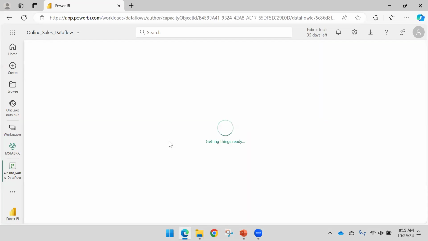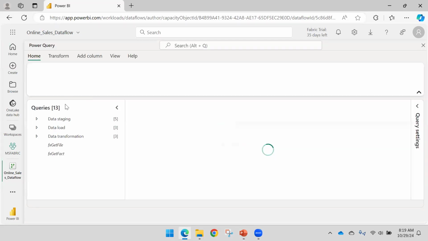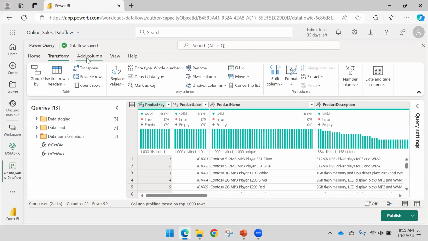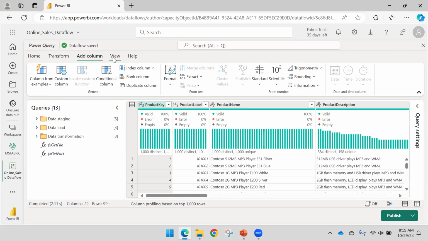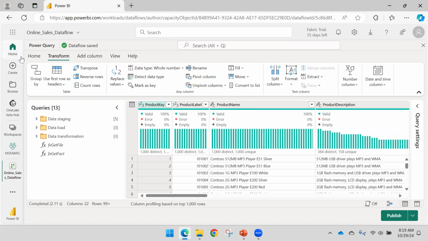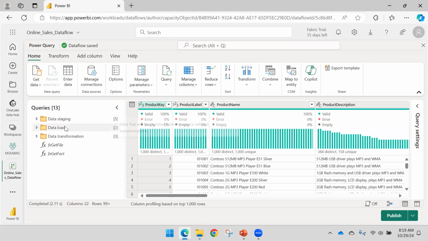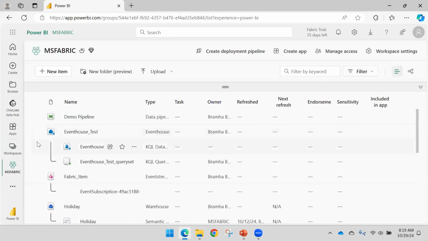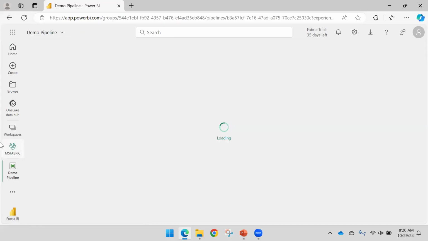If you see here, as I said, this is nothing but the online Power Query editor, right? So it's not anything else, and you will be able to perform the ETL or ELT operation here. Then, okay, let me close it from here, and if I open the data pipeline,